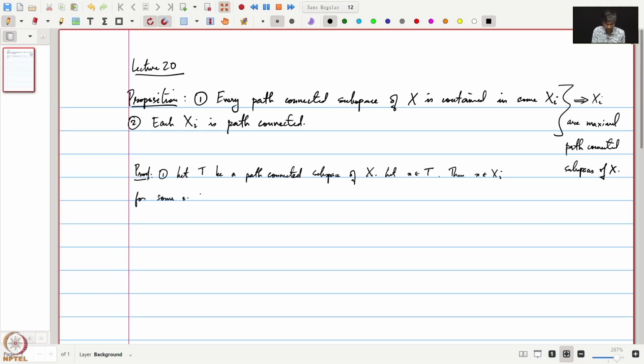Now we claim that T is contained in Xi. To show that T is contained in Xi, it suffices to show that